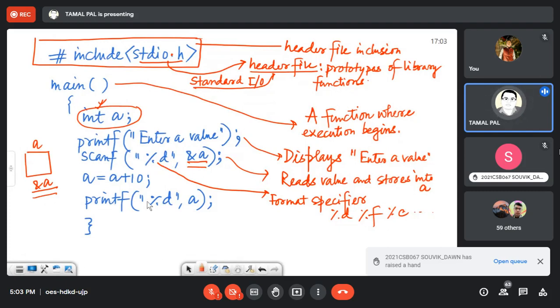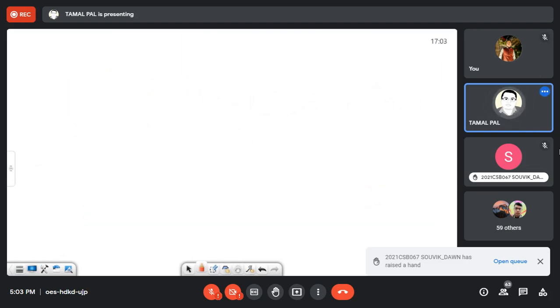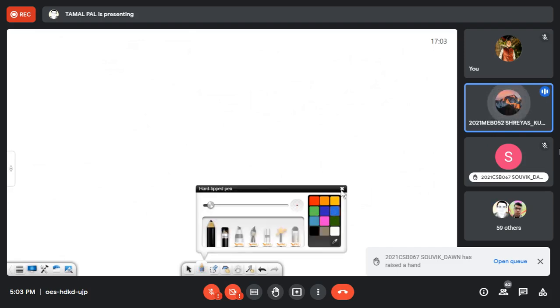Same thing happens here. Inside printf, we have written %d within quotation marks, then a. Now it has some significance, but unless I discuss the syntax, you will not understand. Sir, you said that scanf reads a value.